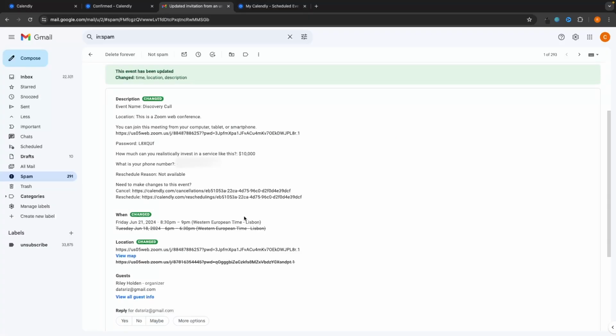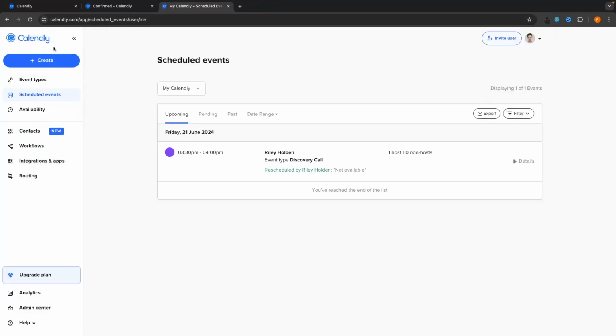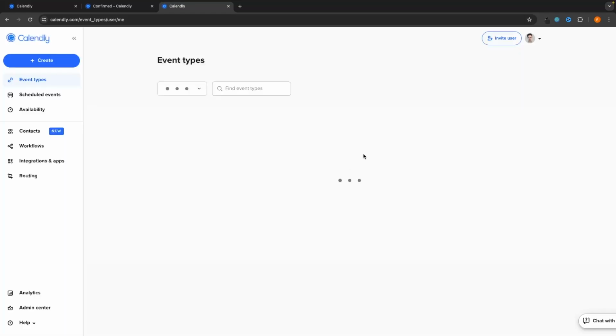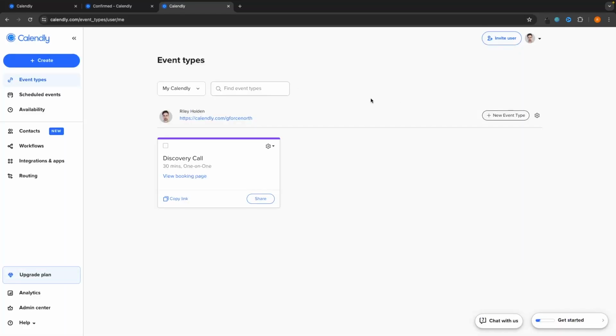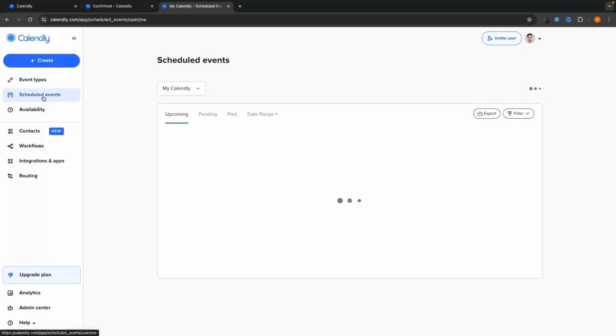And now from the perspective of the client, I can see this updated email right here. I can see when this was changed from and when this was changed to. And then once again, I have the Zoom link to join right here. So that is the perspective of a client. But how about you as the owner of this Calendly event? What do you see? So what we can do is over on this left-hand side, we can click into scheduled